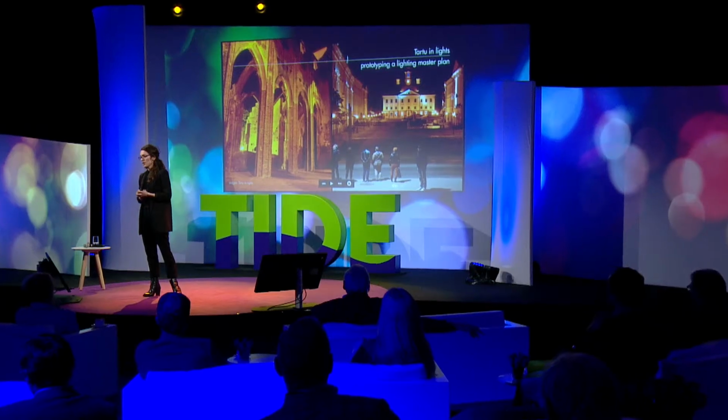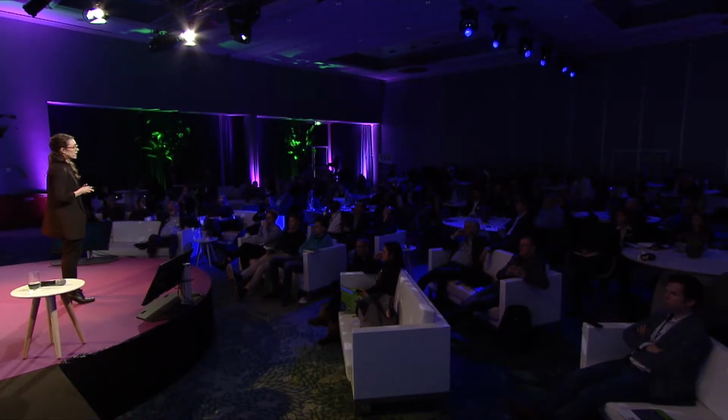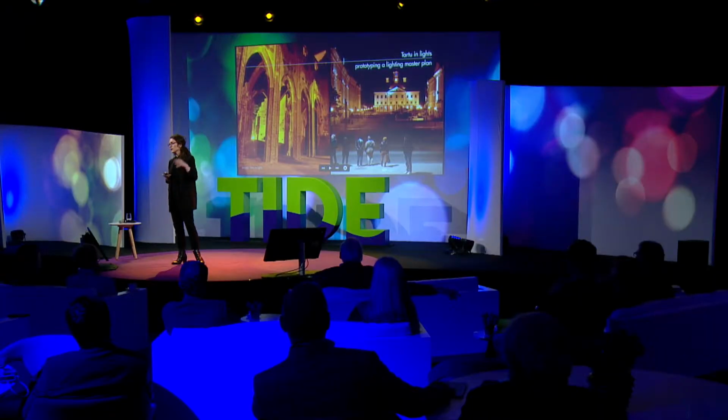From parks to lighting master plans. The city of Tartu is the second biggest city in Estonia, the university hub. The city realized they have a problem with their lighting, but didn't know how to change it or how to approach it. So we went there and we walked through the city together with the city authorities and the city architect to find certain spots where we thought here is really an intervention needed. Let it be the cathedral ruin or the city square left in the dark or left without people in a